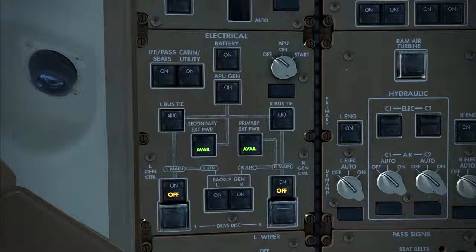On the ground, however, it is acknowledged that 120 kVA GPUs are not universally available, so 2 external power connectors are fitted, each rated for 90 kVA. Hence the 2 external power switches. Interestingly, should a 120 kVA GPU be attached to either the primary or secondary power input, only 90 kVA will be received. If only a single GPU is attached,